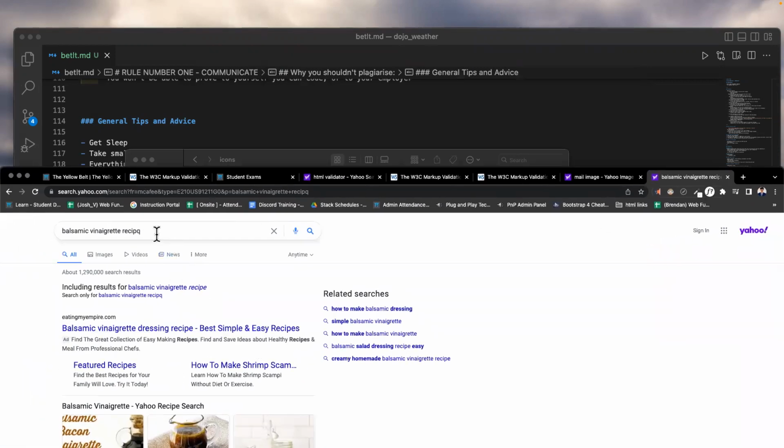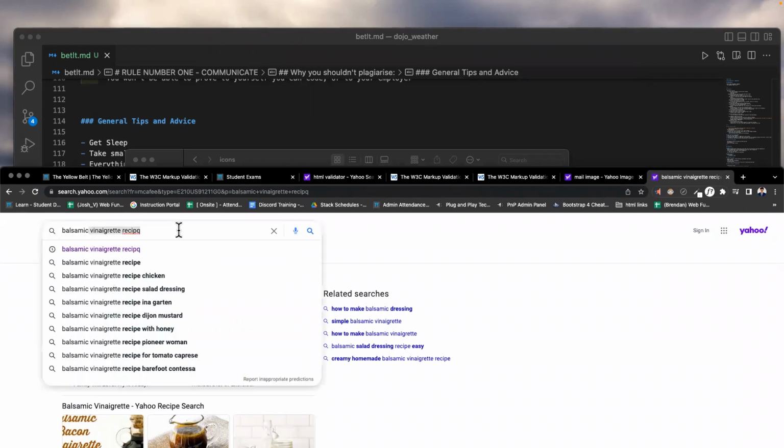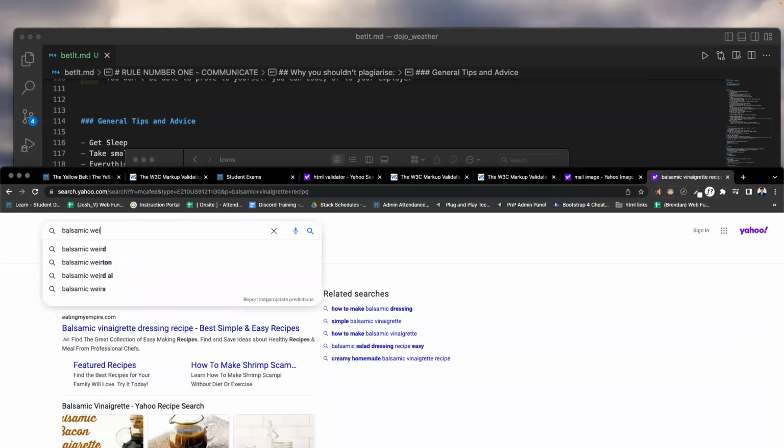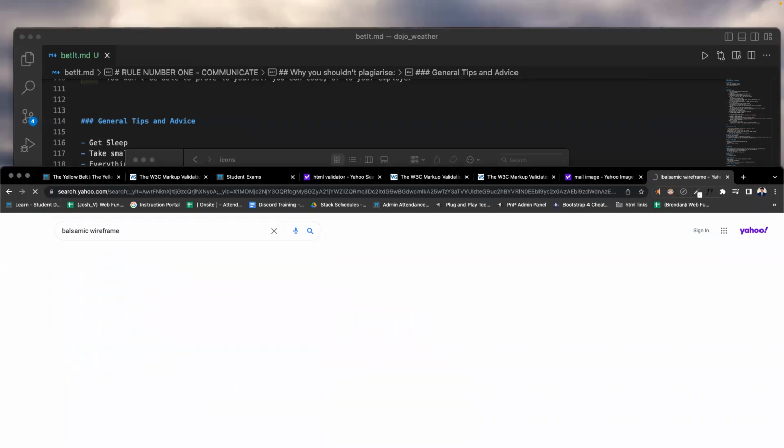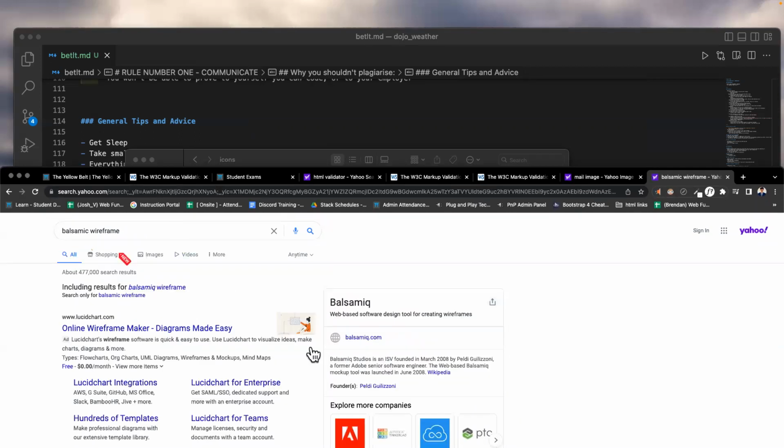But try not to use it right now, because Balsamiq usually has a 30-day trial. So save it until you are working on your first project in Python, and in that case you'll have 30 days of trial.